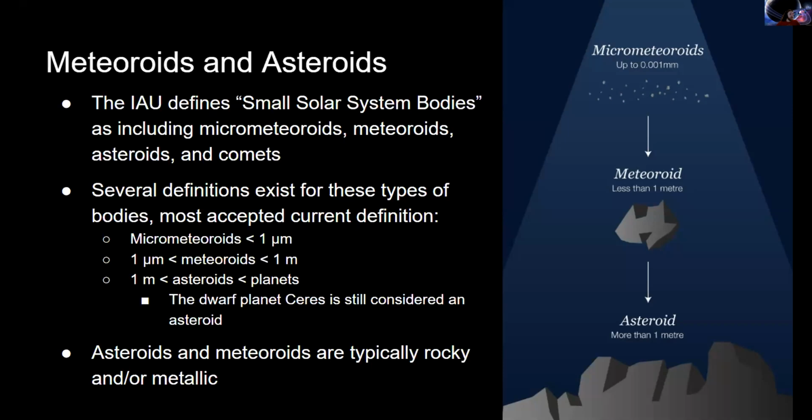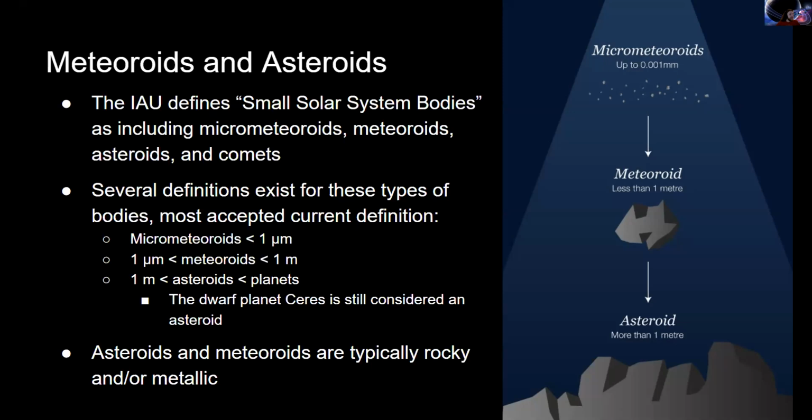But the one that's most accepted, defined by the International Astronomical Union, says that micrometeorites are up to about 1 micrometer, meteoroids are between a micrometer and a meter, and asteroids are larger than a meter. So they're all kind of similar objects, and then these names just sort of divide up the different sizes of those. And asteroids are kind of an interesting classification